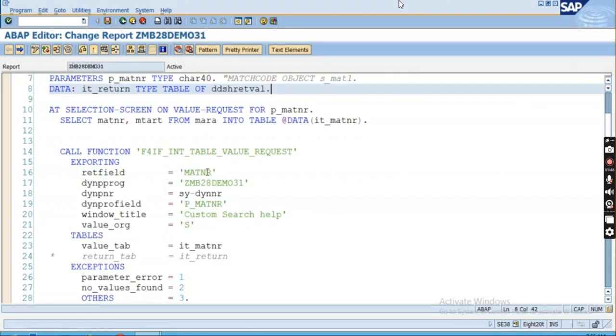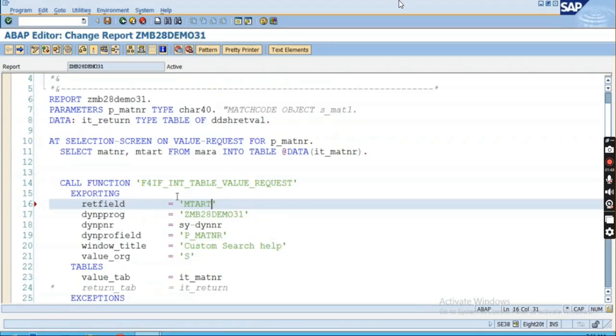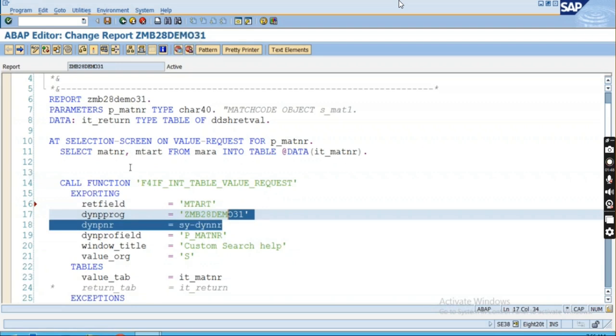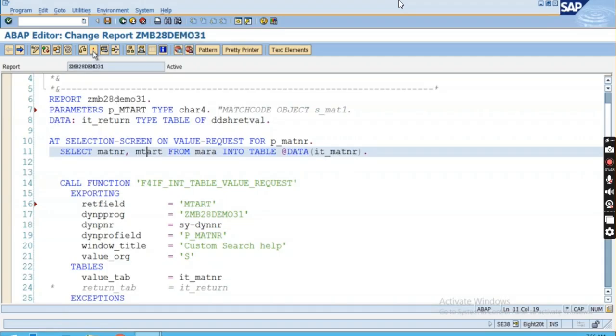So my requirement is that I will get the MTART, material type, and based upon the material type I will get all the material numbers populated. Just this is the requirement, and we have to display it on the next screen. So here let me define this MTART now. Type CHAR4, right? This is of CHAR4, and this is fine. Now it's okay. So let's check,